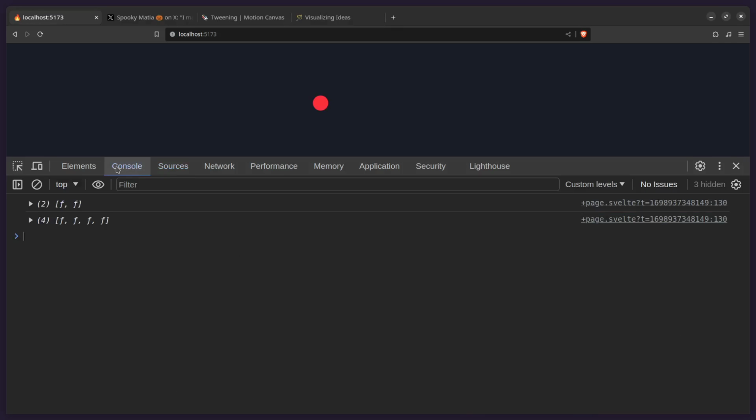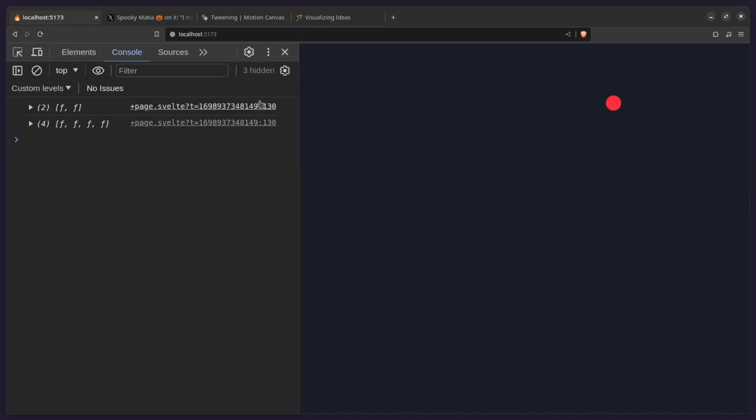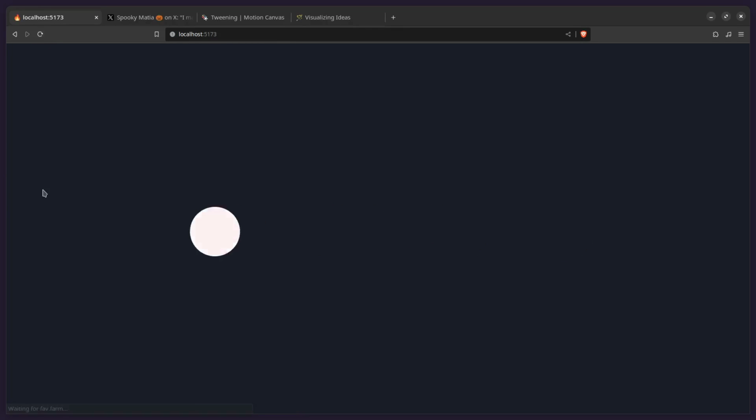And let me just go over here. I'm going to bring things back as they were. And now let's see, this should only play 2 times. 1, 2, and that should be it. Now our animations work as expected. Alright, this is awesome, but what if you want to play animations at the same time?